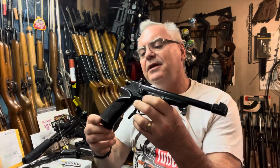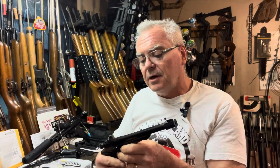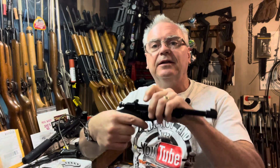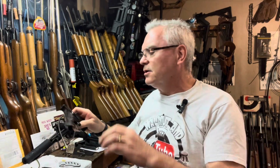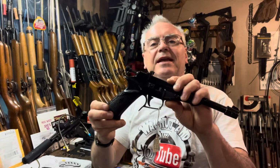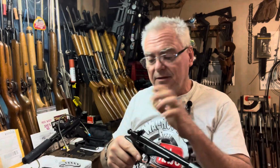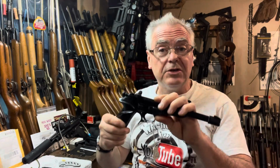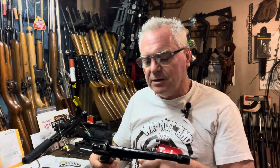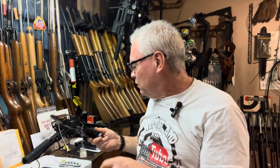This one is a 177 pellet version, and it does have CO2 in it, ready to go. I have another one here that belongs to my new friend Randy. He sent this over along with that other one that I'm going to show you here in a minute. I haven't touched this one yet. We're not going to play with this one, but this one is a 22 version. I also have a 22 version in my collection over here, but we're not going to mess with that one